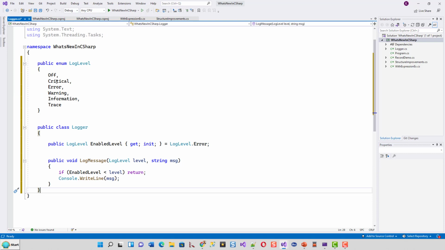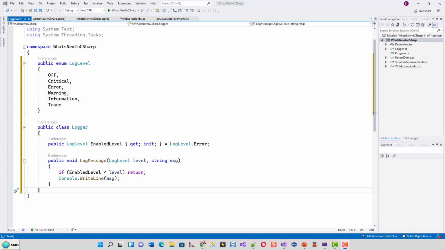So this consists of an enum LogLevel, which is the level of the logging: critical, error, warning, information, trace, and it's a public class Logger. Right. So this logger supports 6 different levels, as you can see. When a message won't pass the log level filter, there is no output. The public API for the logger accepts a fully formatted string as the message. All the work to create the string has already been done.